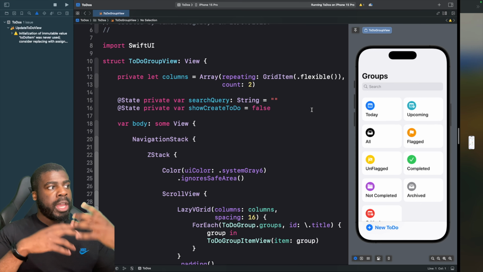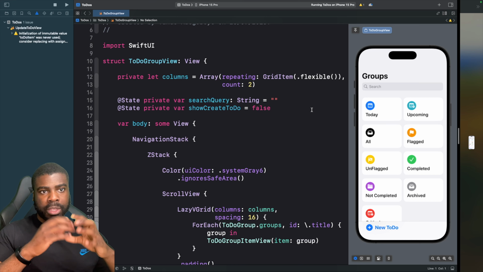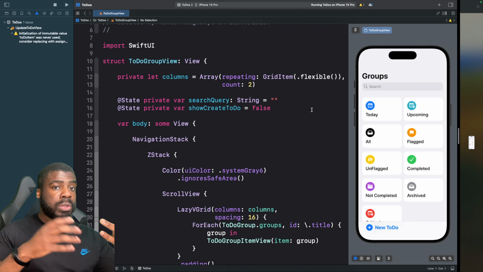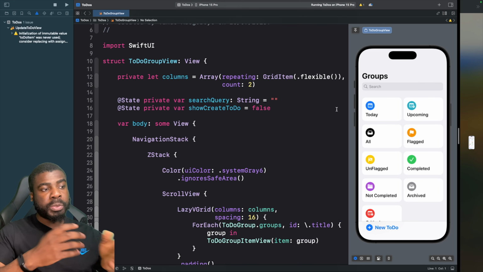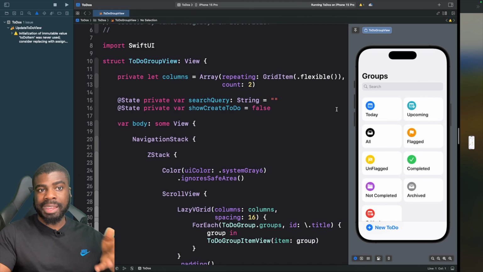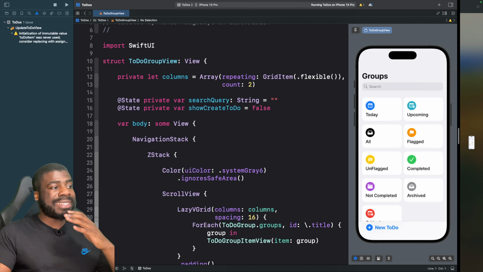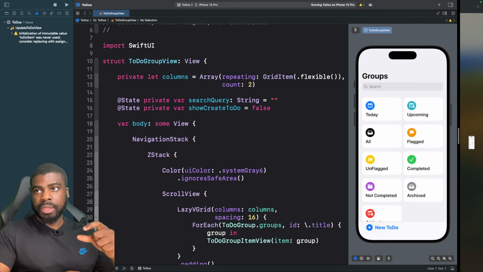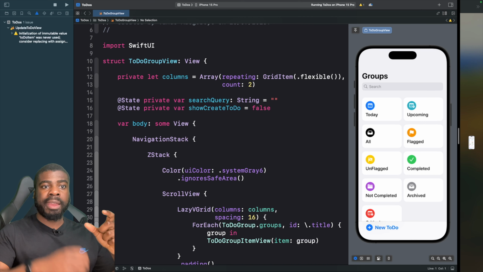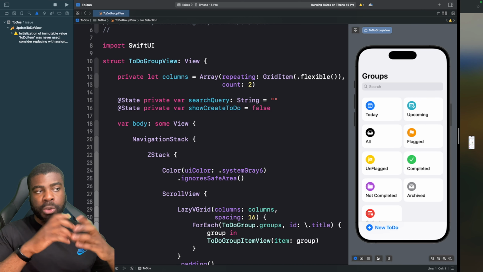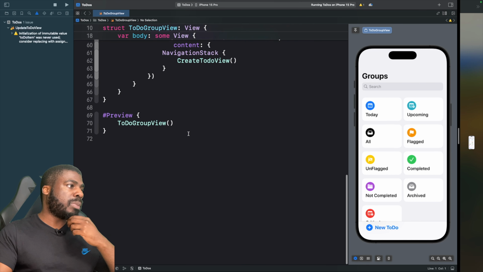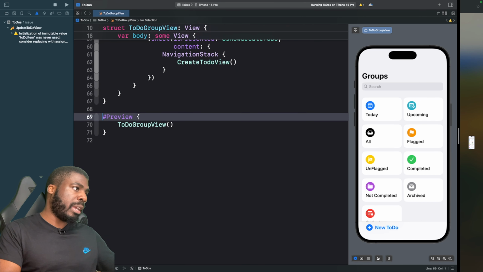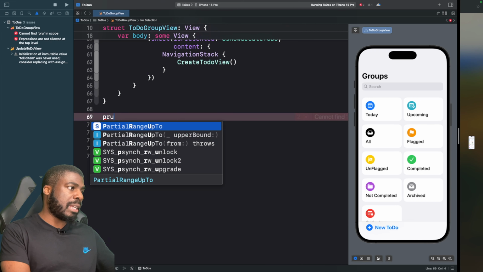empty or not, we want to either show the results for the query we want to execute, or alternatively, we want to switch between what you see on the screen based on what someone is typing in. Now, the best way to handle this would be to use some computed properties within this view to break up our groups view here and our view that will show our results. So if we scroll down to the bottom of the struct, what we're going to do here is create a new private extension,